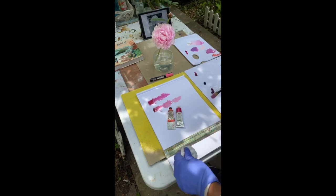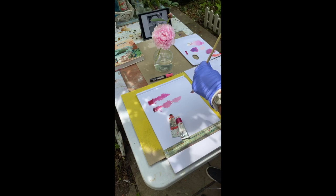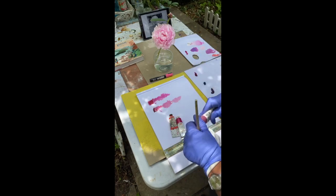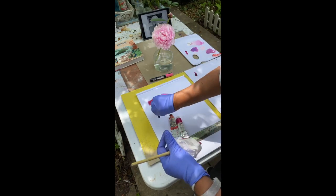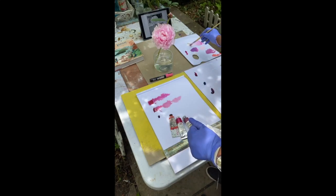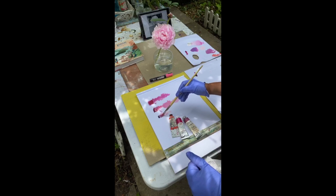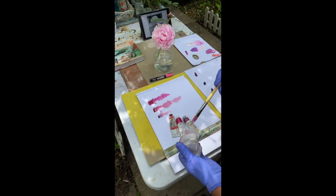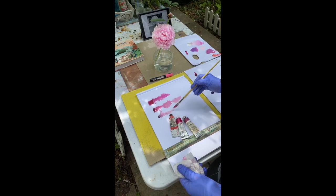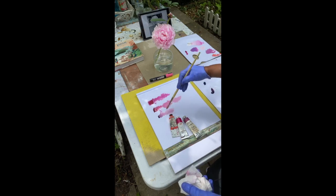I've tried it with looking at the ultramarine pink. This is much more on the violet side, and it makes a very pale pink. This ultramarine pink, if you are painting violet lilacs, is a really useful colour. It's much more of an earthy violet, and it also makes a very nice, very useful pink,